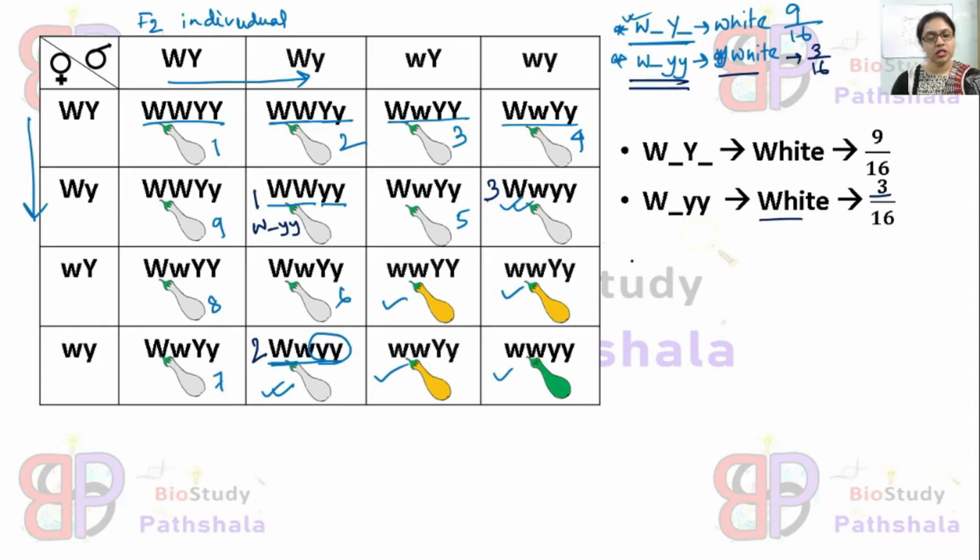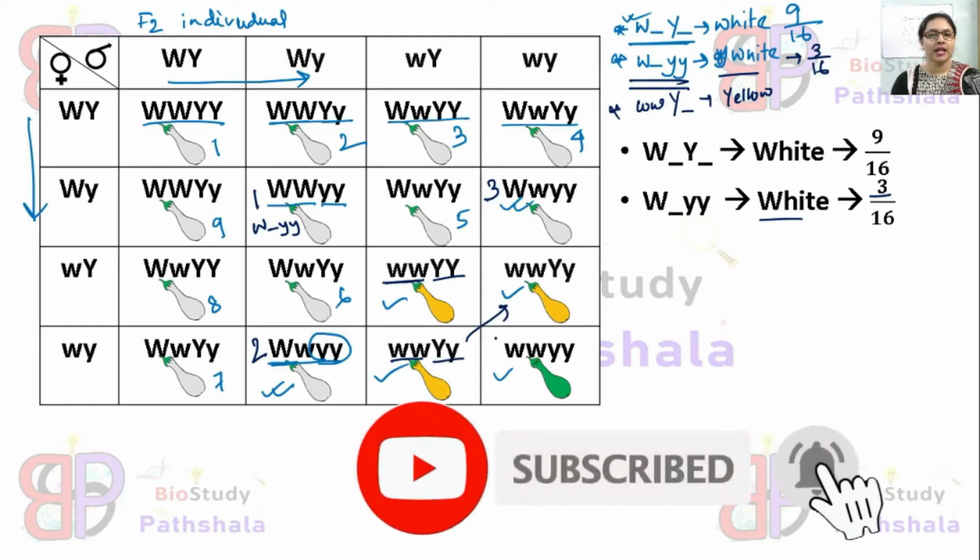Next is the homozygous condition of small w, or homozygous recessive condition of W gene, with one dominant allele, or homozygous dominant condition of Y gene or heterozygous condition of Y gene, showing yellow coloration. You can see here as well. Here 2 small w, the recessive W allele. This is the dominant condition of Y gene or homozygous dominant condition of Y gene. Here the homozygous recessive condition of W gene, and it is a heterozygous condition, and this is exactly similar.